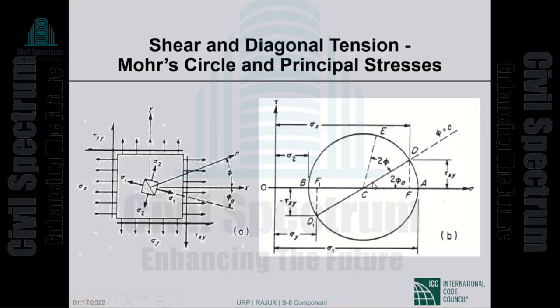Now we draw a circle with DD1 as the diameter. Okay, so we go to the center of D and D1. That's the center of our circle. This is the radius, the radius from C to D, and this is our Mohr circle. Okay, now the principal stress sigma 1 is shown here. Sigma 1 is